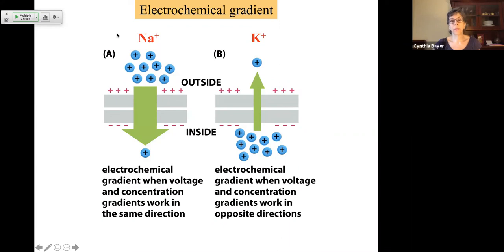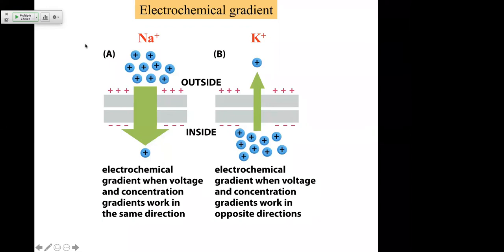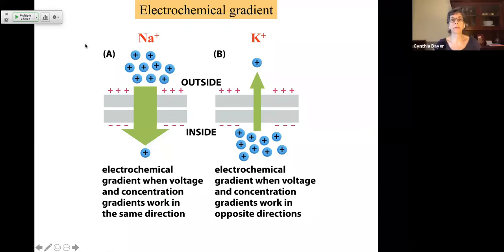Now these ions, though we don't have it drawn on this figure, are moving across the membrane via a specific ion channel, right? So we have a sodium ion channel, we also have a potassium ion channel. Those are distinct proteins. But what we're trying to show here is that this membrane has a voltage across it. It has what we call a membrane potential, in that there is a difference in charges on either side of